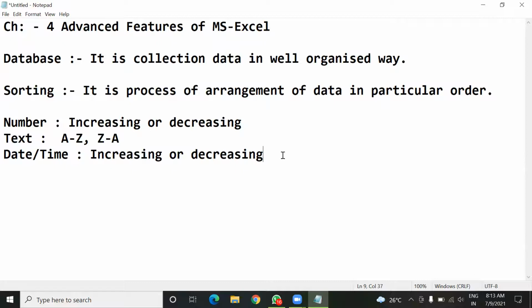If we have a proper arrangement of roll numbers, either in increasing order or decreasing order, then whichever student we want to see, we can easily find according to the roll number. But what if all those roll numbers are mixed together? It is not easy to find. You have to manually search one by one for the roll number you want. So it is very easy for us to search any data if we have sorted data available.